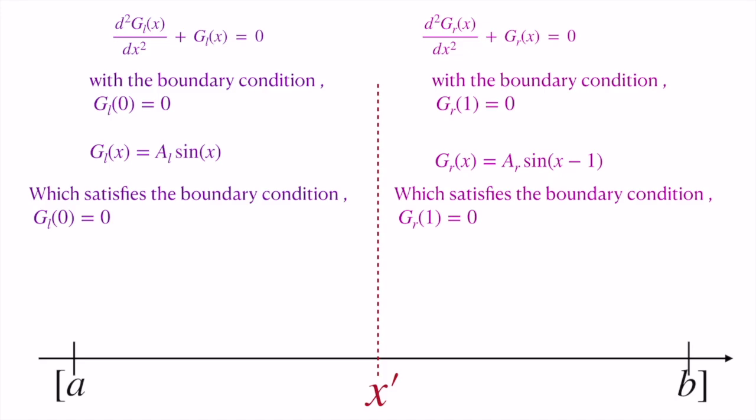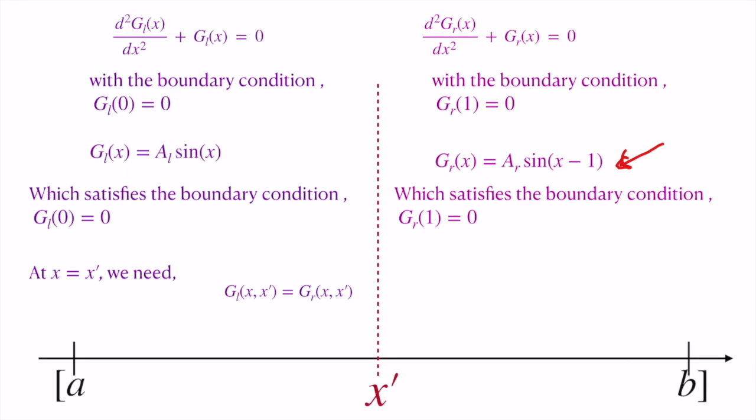As mathematical physicists, we often try to think intuitively. We know that if the argument of the sine is 0, then the function becomes 0. All we have to do is shift the origin from 0 to 1. Then the sine solution becomes 0, and you don't have to take any cos solution. So the general solution is A_R sin(x minus 1).